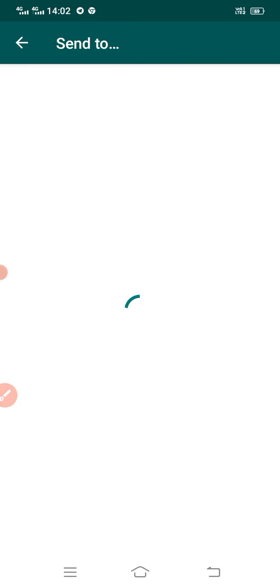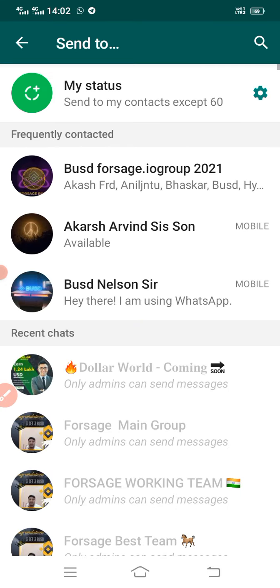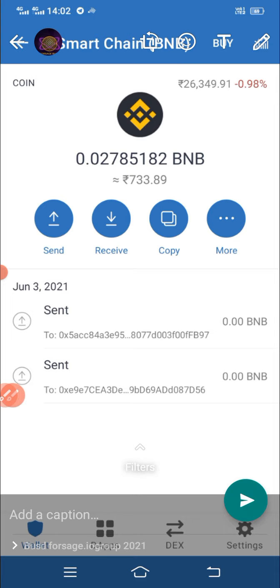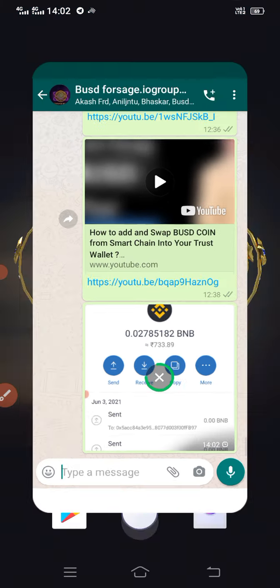Once it reaches, your BNB on BSC Smart Chain will be detected from GeoTas and will come into Trust Wallet. From there, you can activate busd.forsource.io or EtherConnect. Both are international projects. One minute. Send it. Now I'll show you.